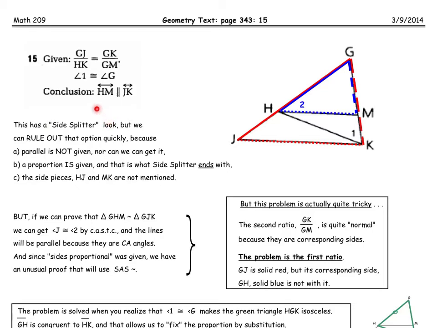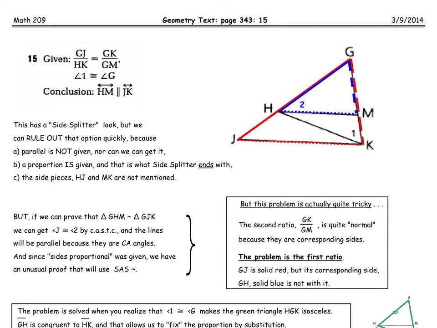It does have a side splitter look to it, but we can rule out side splitter pretty quickly. Parallel is not in the given, nor can we get it from the given information, and without parallel, we can't get side splitter. The proportion is in the given, and what side splitter usually ends with is a proportion. So if we already have one, we don't really need side splitter. But the clincher is that the side pieces HJ and MK over here and over here are not mentioned anywhere in this example. It is very important when constructing a proof to eliminate bad ideas so that you can